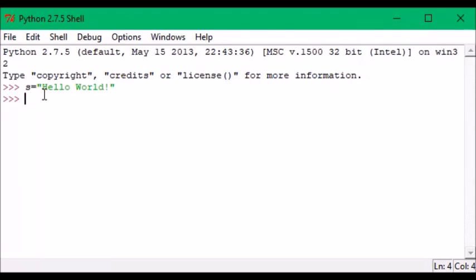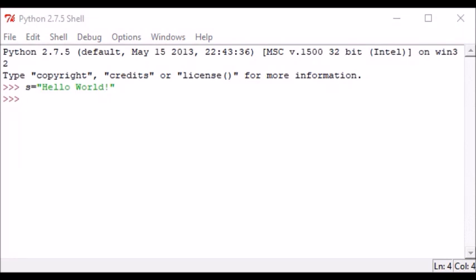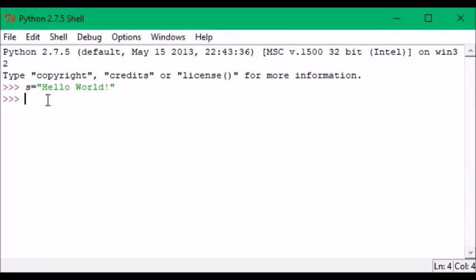Whatever is inside the inverted commas is the string, and this string consists of various characters such as H, e, l, l, o, then space, then w, o, r, l, d, and the exclamation mark. These individual characters constitute the string if they are inside the inverted commas.